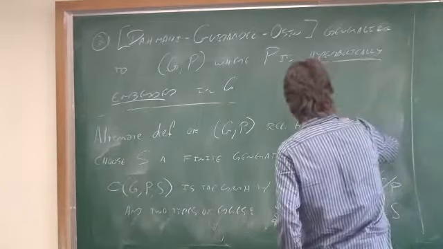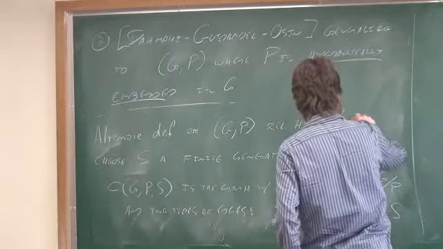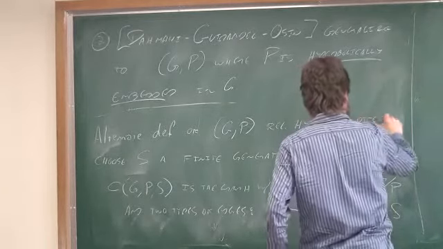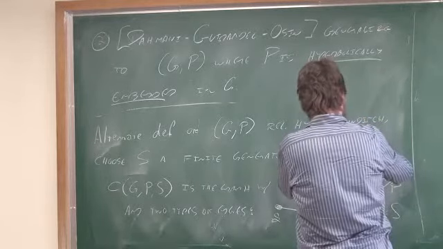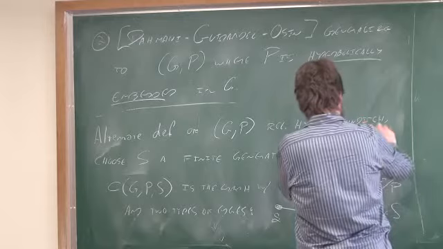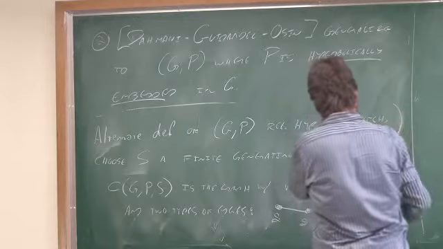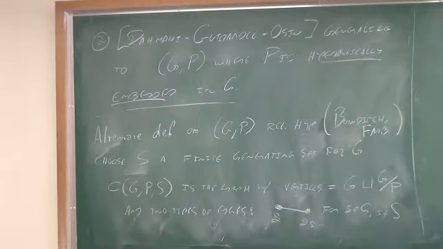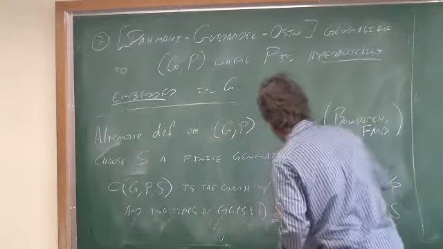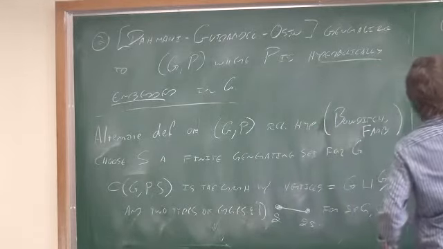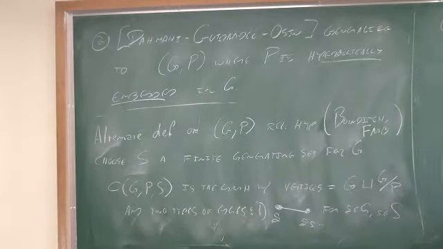By the way, this picture is basically due to Bowditch. This point of view is related to points of view of Bowditch and to Farb. So it comes early in the study of these things. And then the second type of edge, so that's the first type of edge. And then the second type of edge is we're going to connect